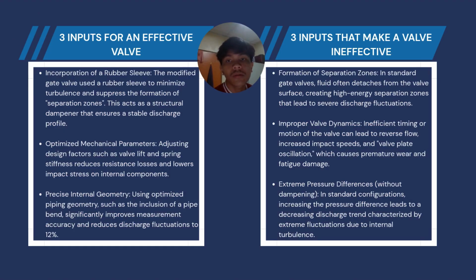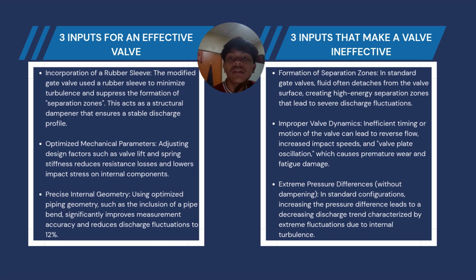My name is Muhammad Islam. So I will explain about 3 inputs for an effective valve and 3 inputs that make the valve ineffective. So the first one is 3 inputs for an effective valve. Incorporation of a rubber sleeve: the modified gate